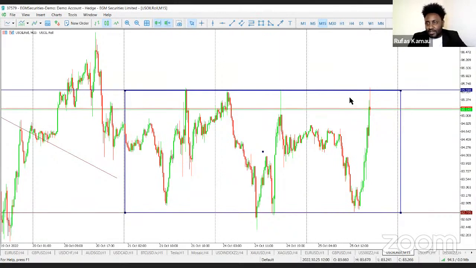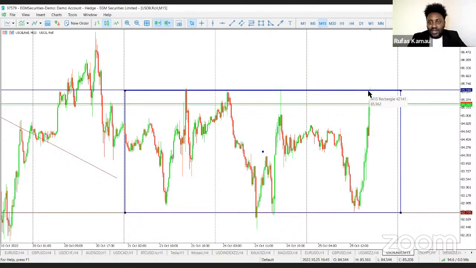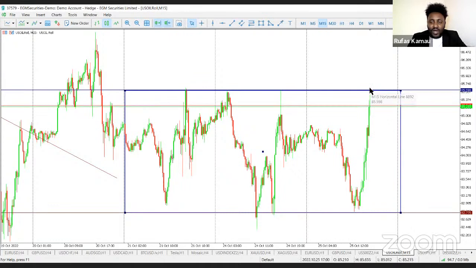where the oil is finding resistance at 85.598 and also the bottom at around 82.776. The most recent swing, which has seen assets vary against the dollar, has seen the oil markets hit this particular resistance. And as you can see, immediately after hitting the resistance, we have seen a rejection. Yes, the candlestick has not yet crossed, but it's clear this is a rejection of higher prices, and potentially we could see the prices reverse and move back towards the lower side of the range.